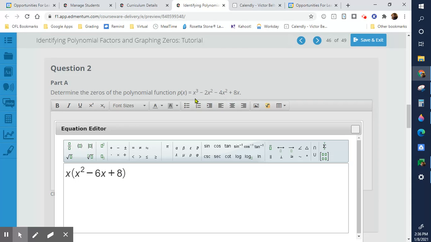So if we do x, they need to add up to -6, but multiply to +8. So in other words, -2 times -4. If we add these two together, we get -6, and if we multiply them, we get +8. So this will end up factoring into